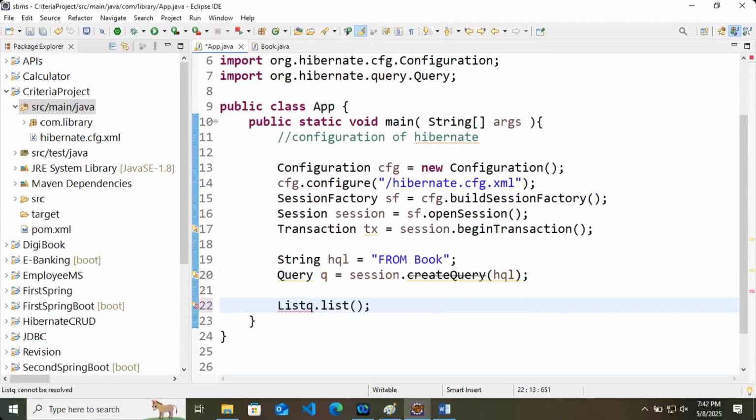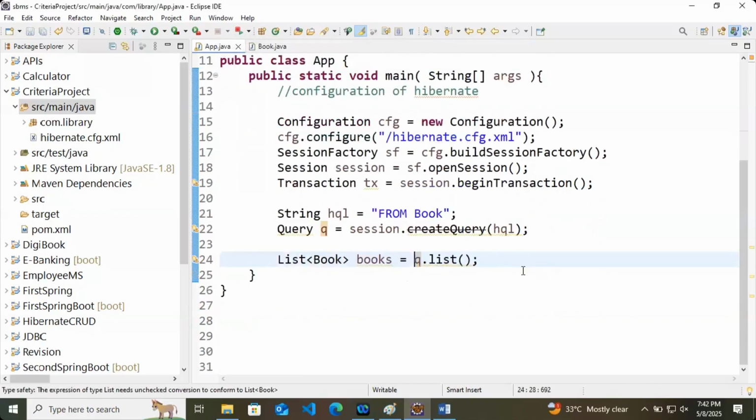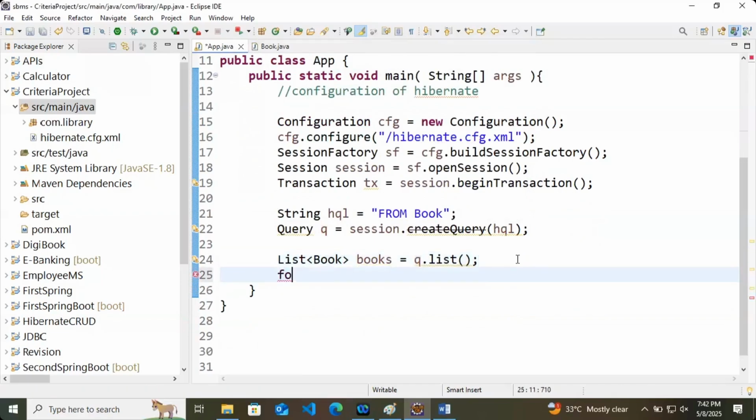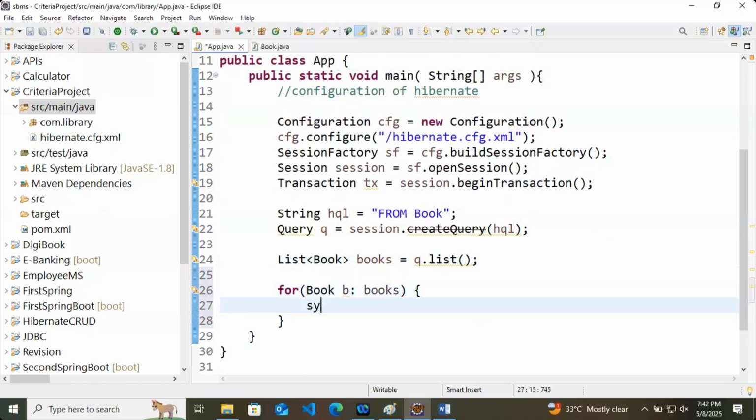List of Book, books equals q.list. You got the list. Now you can use any loop to print the books. We are just printing b.bookName only.